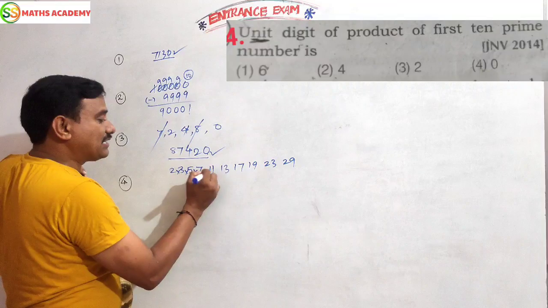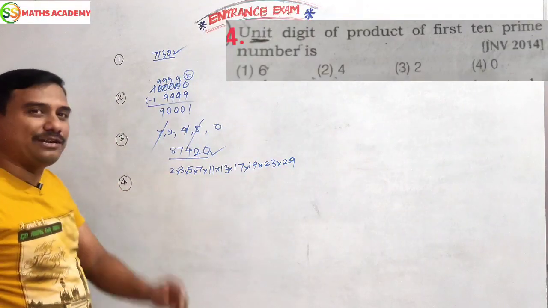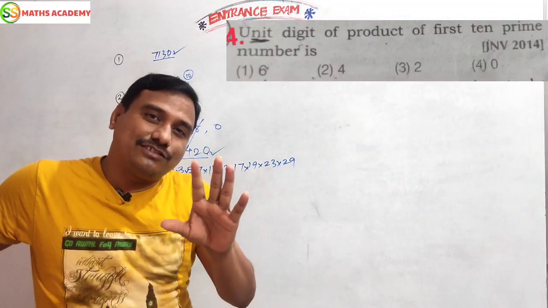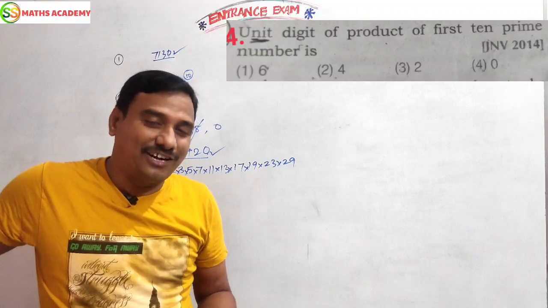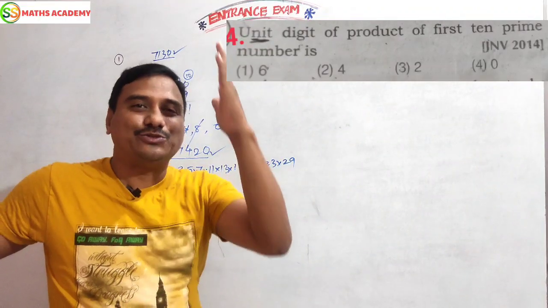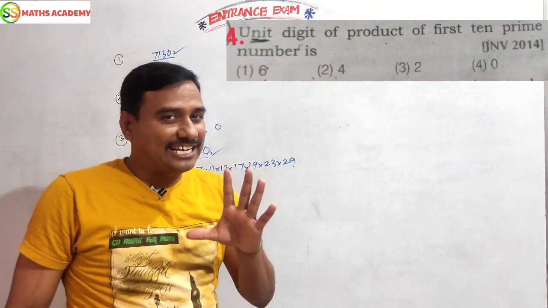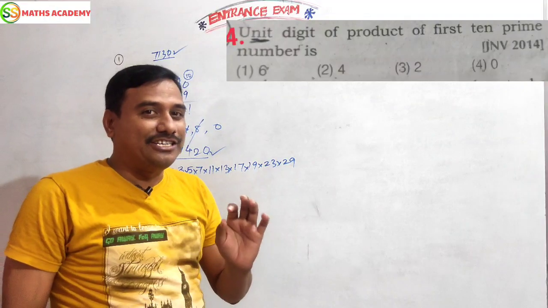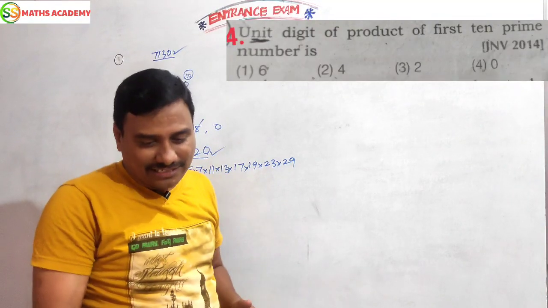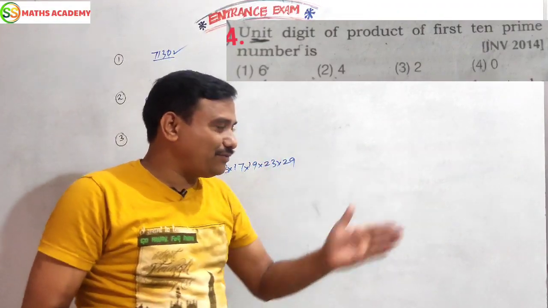He is asking the product. Friends, if you are multiplying these 10 prime numbers, it will take minimum 10 to 15 minutes. What is the use of this kind of technique? Nothing. You are my student, I will tell you an easy shortcut. 5 seconds answer. Unit digit is 0. How, sir? Without doing multiplication, how can you say that? The answer will be 0, the fourth option.